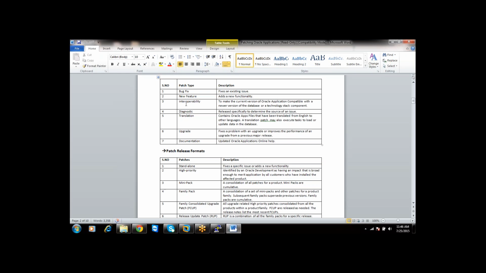Next, interoperability patch. An interoperability patch is nothing but a patch that makes things compatible. Let me give you one basic example. Let us assume your applications are in release 12.11 and your database is in release 11.107. By default, when you install release 12.11 applications, the database that comes along with it is 11.107.